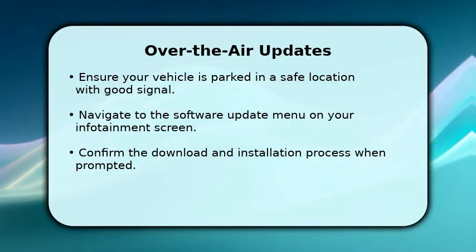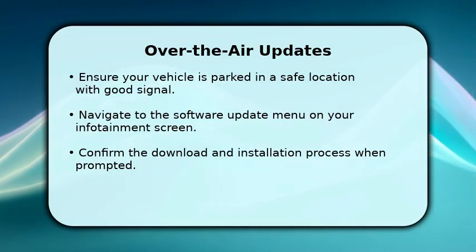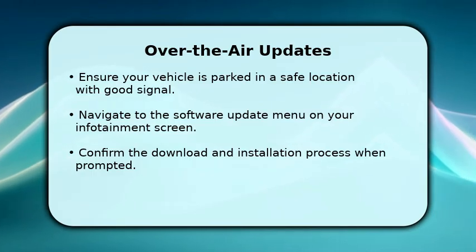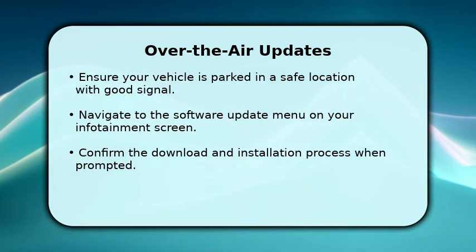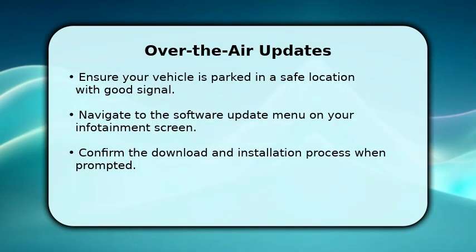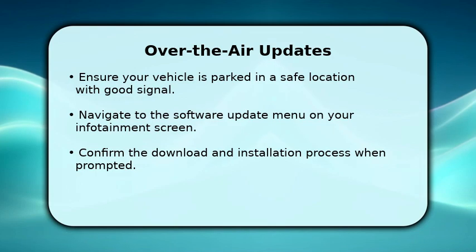First, park your vehicle in an area with strong cellular or Wi-Fi signal. Access the Software Update section through your infotainment system settings. If an update is available, you will be prompted to download and install it. This method typically takes between 20 to 45 minutes, so ensure your vehicle remains on during the entire process for